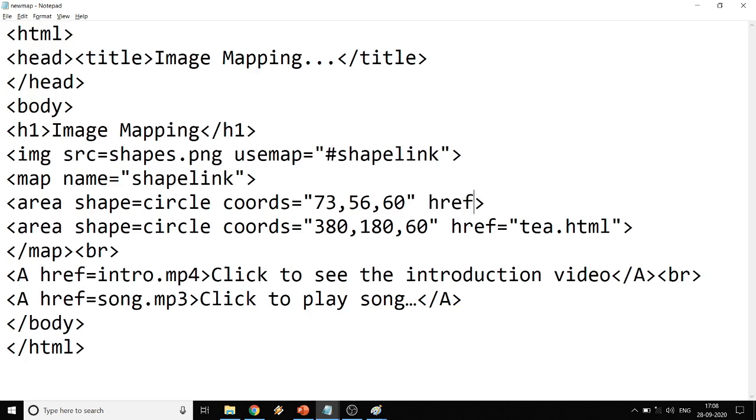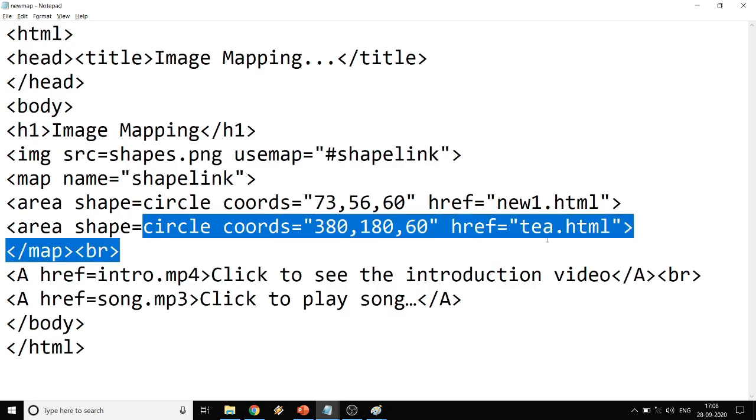And then we say href is equal to new1.html file. We have not created new1.html file, and we will not create it, because this is just to show you the example. Second, we will define, for that we remove this data,